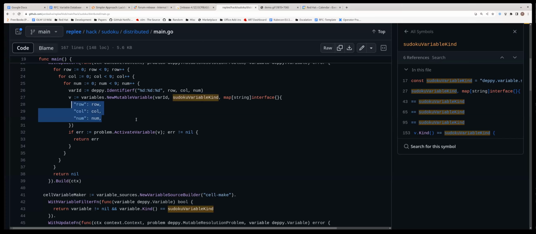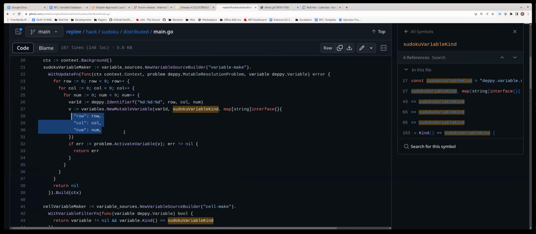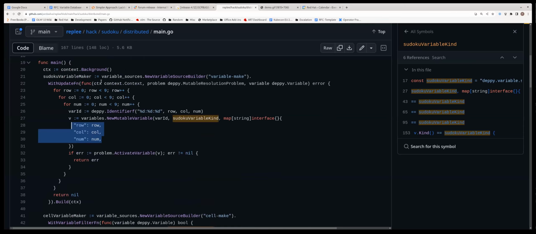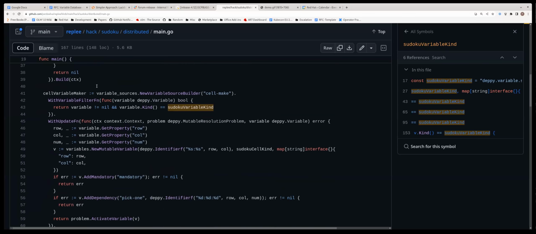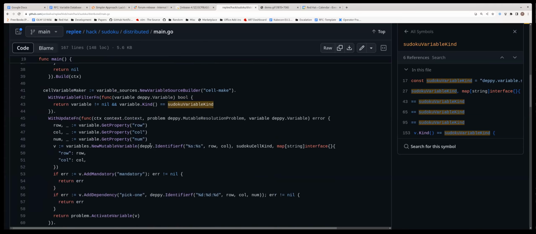We can add the row, column, and number as attributes or properties to the variable. So essentially, when this variable source runs, it would just generate these however many 800 odd, 700 odd variables, and then be done. Then we'll have another one which is called